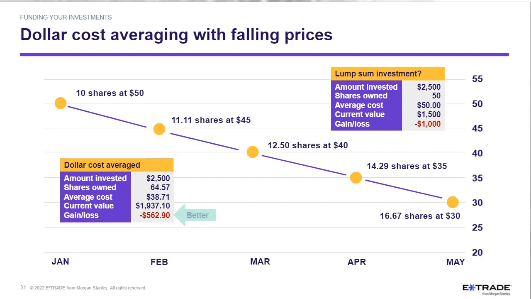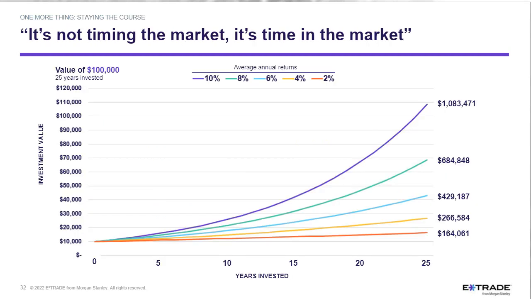So I said before we were looking at the returns over time, compounding, and there's an old cliche quote in investing, and it says it's not timing the market, it's time in the market. And the point here is that making a decision to buy or not to buy, or to get out when you think, oh, I have to liquidate now because I'm afraid, can often result in wrong decisions. And so to illustrate that, I want to go back to that chart I showed earlier.